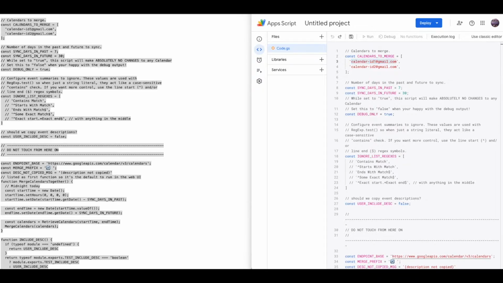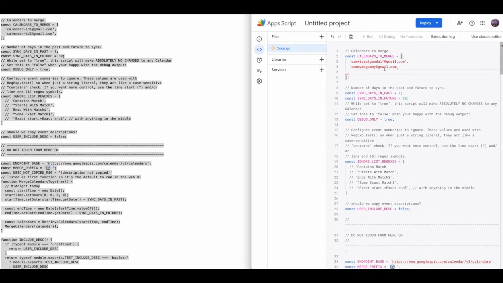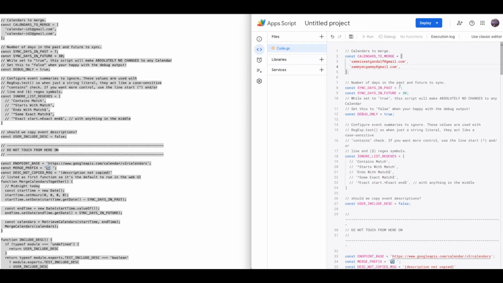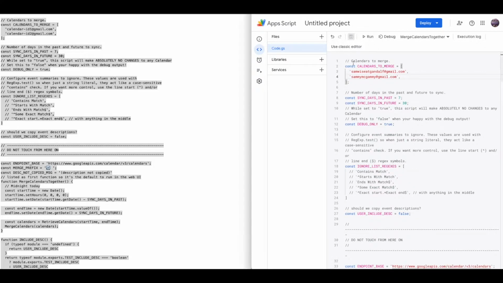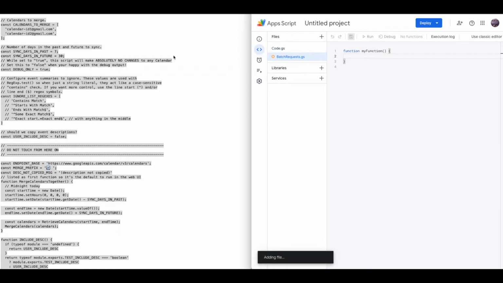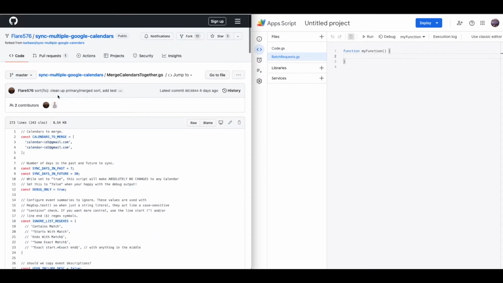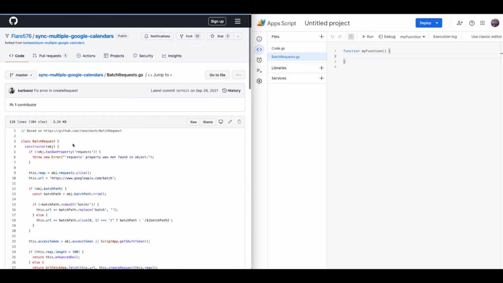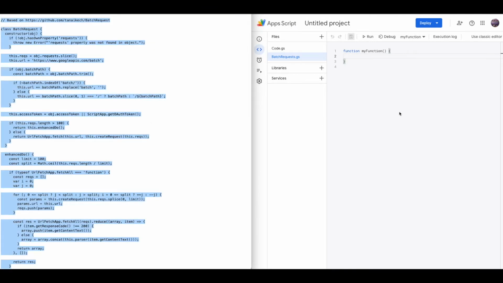Update calendars to merge with the two addresses that you're using. Also update sync days in past and sync days in future if desired. Be sure to click on Save. Create a new file of type script called batch requests. In the GitHub project, go back to the main directory, open up batch requests, click on raw, and copy paste